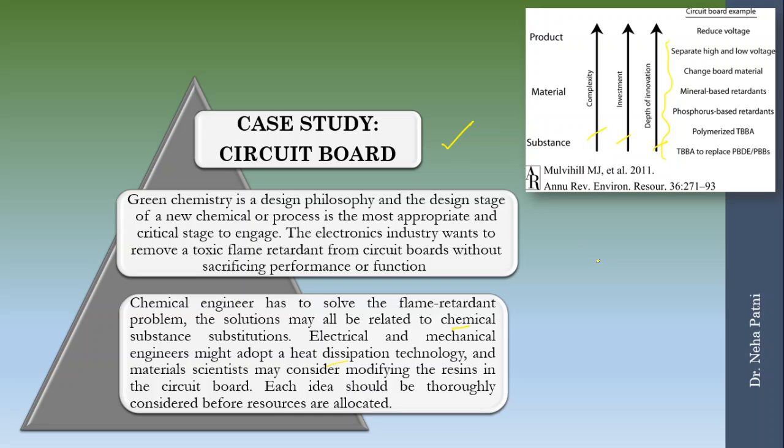So with that, a very brief explanation of green principle number 4, which is designing safer chemicals, I think you are able to understand that we have to design a product which is in the end comparatively safer with respect to what has already been commercialized. So you just have to improve your product using principle number 4, and that's how you will go green. So with that, I have come to the end of the video.